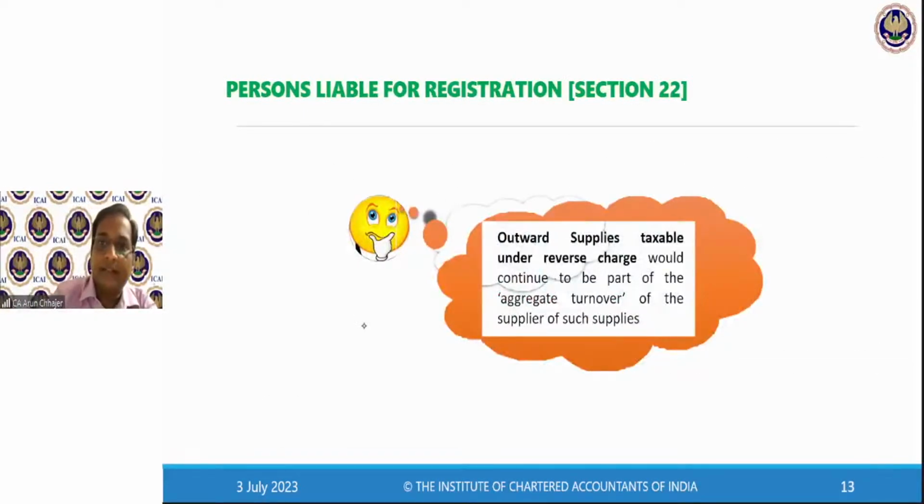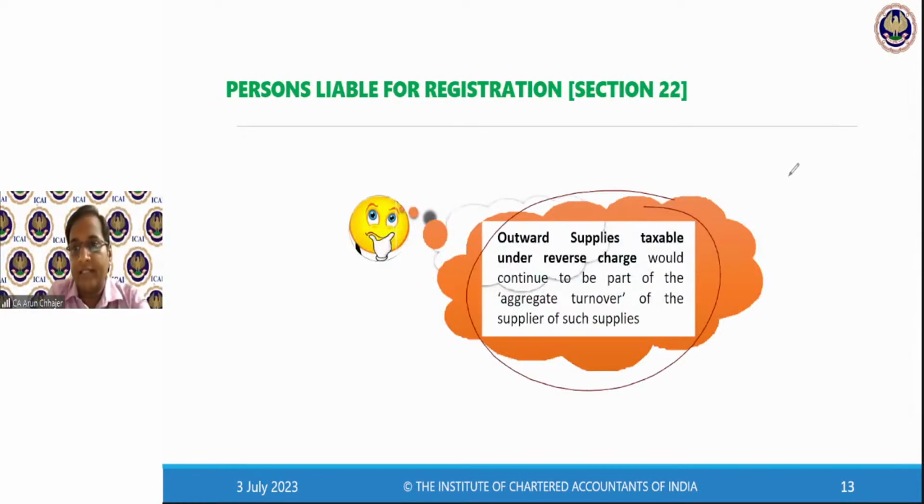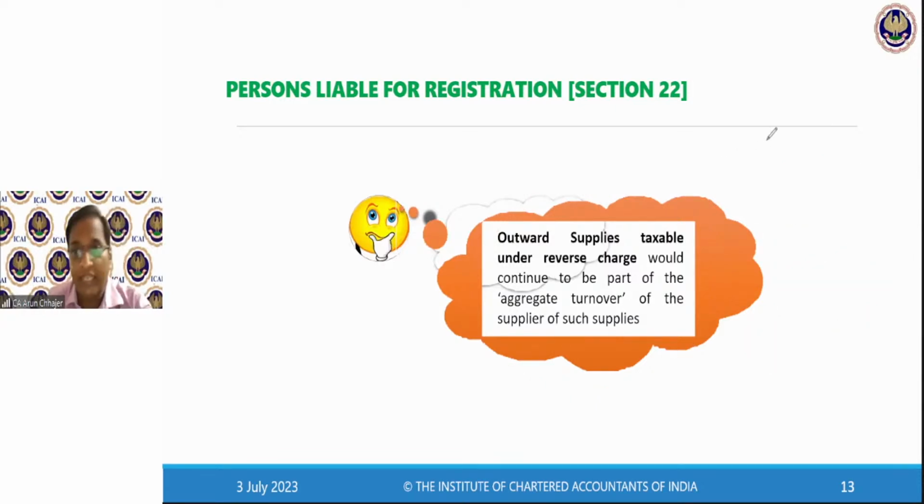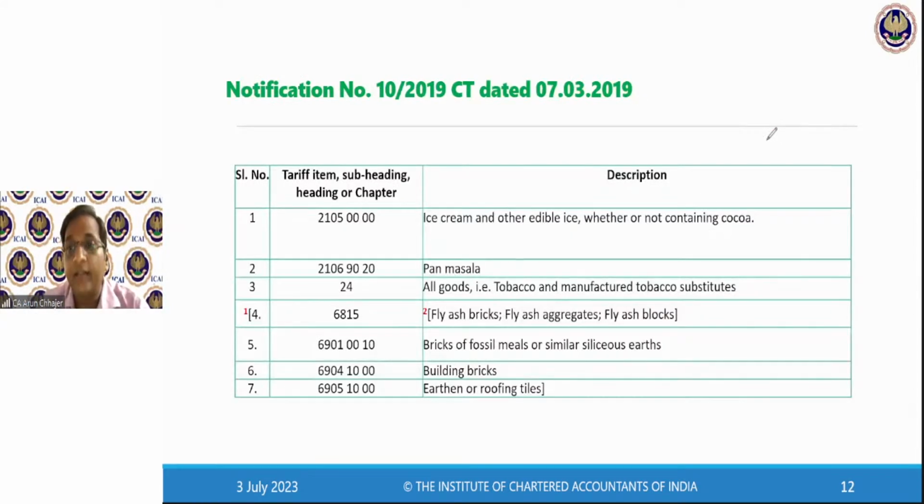एक चीज ध्यान रखना, suppose I am having the business in let's say Manipur, ठीक है, and I am having the business in let's say Delhi, because मणिपुर का लिमिट 10 लाख है and दिल्ली का लिमिट 40 लाख है, ठीक है। So if I am doing the business in any of the special category state, then my total threshold limit would be reduced to that state. तो मेरी लिमिट 10 लाख रुपए हो जाएगी, whichever is lower. अगर मणिपुर में भी बिजनेस कर रहा हूँ और दिल्ली में भी, तो लिमिट कितनी है, दिल्ली की 40 और उसकी 10। तो मेरी टर्नओवर 10 से एक्सीड करेगी, मुझे रजिस्ट्रेशन लेना पड़ेगा।